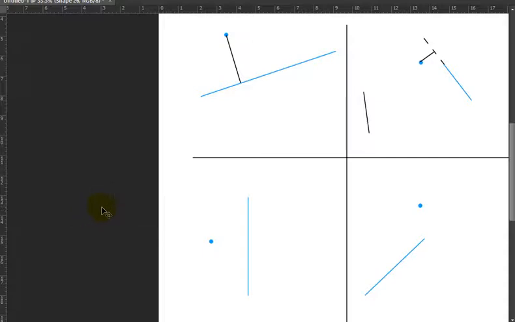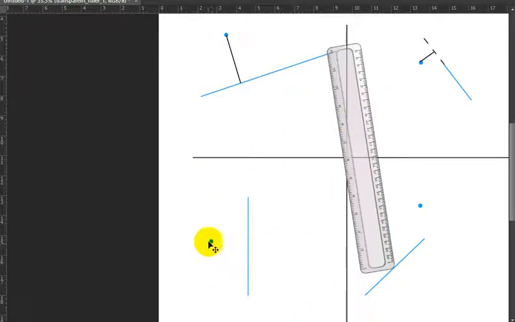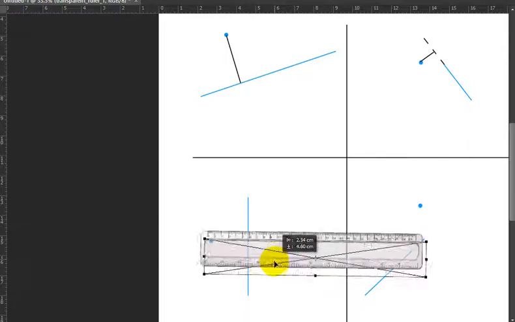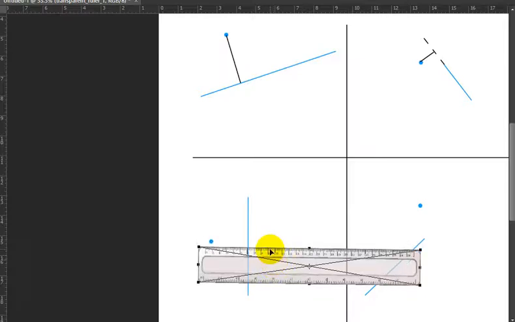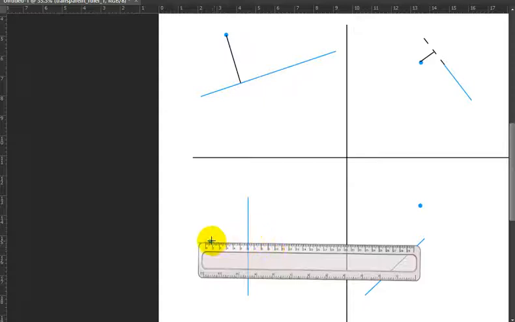Down here. Okay, this one's a little easier because you can see that if I want to make a perpendicular line from here to here, I just need to bring it in like this. I don't need to project anything now. So I will simply rotate my ruler, make it perpendicular to the blue line, and then bring it up to the point so that it touches the point. And then I will make a line from the point perpendicular to the line. And there we go. That's the distance between the blue point and the line. Next up,